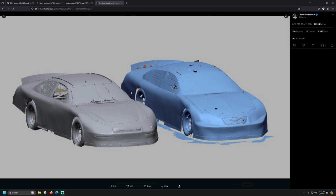So they've been scanned, they've been sort of modeled, and you might be asking, why are they doing this? Well, the current Gen 4 that we have is, first of all, a nationwide car from 2008, maybe 2009. The engine is, I'm pretty sure, a normal ARCA truck engine that is not limited to 7,000 to get the extra horsepower out of it. So that's why I believe the fuel is wrong and we don't get as long of fuel runs with that